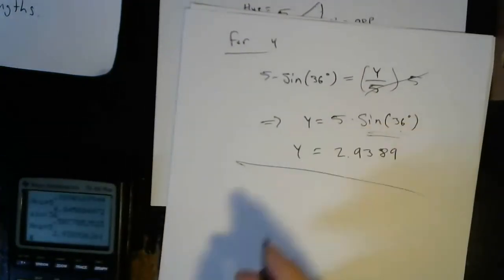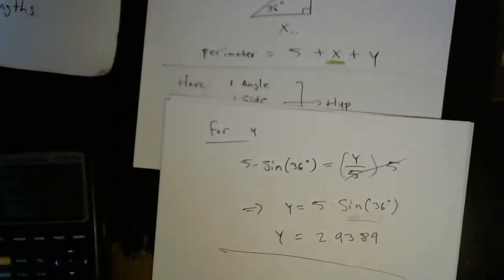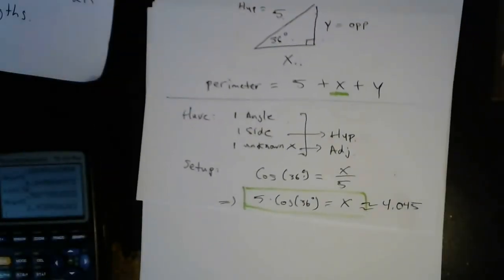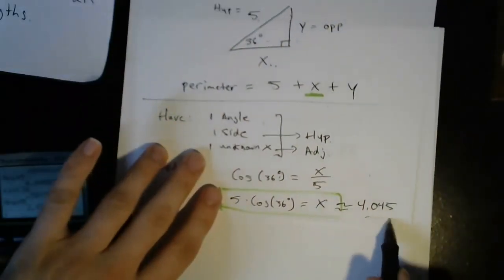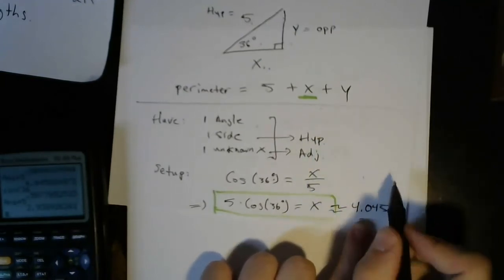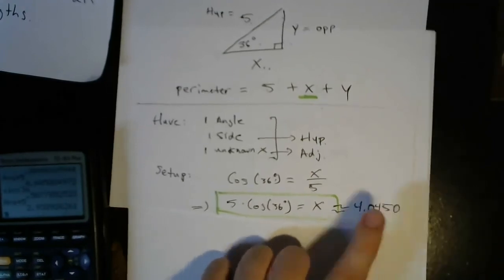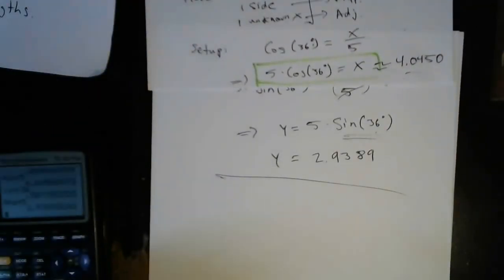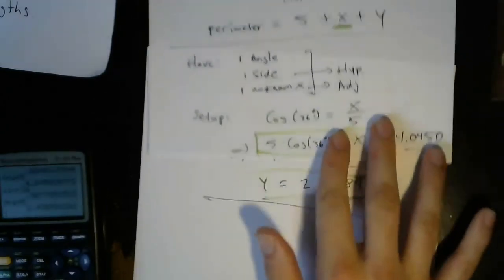Now there's one final thing that Wiley asked us to do. They ask us to round to 3 decimals. So we want to round the perimeter to 3 decimals, so we need to be careful here. We need to make sure that every part of our calculation involves more than 3 decimals, and then we round at the very end. So the 4th decimal for the x is actually going to be a 0, which is not going to affect it in this case. And for our y value, we want to make sure we use all these digits here, right? So our perimeter is 5